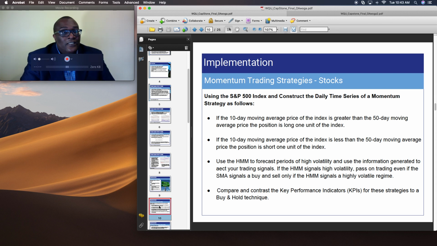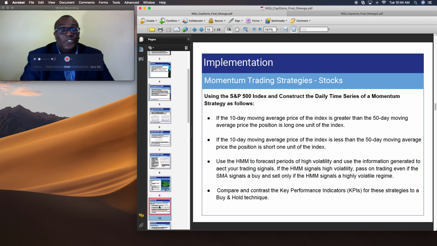Typically, momentum traders try to buy when the stock prices are rising and sell when stock prices are falling. So we implement a simple moving average as follows. If the 10-day moving average price of the index is greater than 50-day moving average, our signal is to long 1 unit of the S&P index. Conversely, if the 10-day moving average is less than the 50-day moving average, our trading signal is to short 1 unit of the index. In addition, we use the HMM model, which we interface through an API, application programming interface